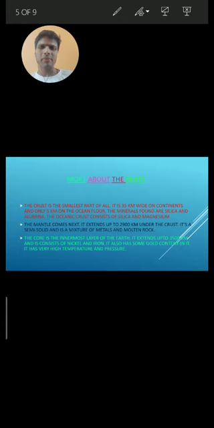Now let us have an overall picture of crust. Crust is the topmost layer of the earth's surface, and it has two layers: oceanic crust and continental crust. Continental crust is the land surface found on the continents, and oceanic crust is the land surface below the oceanic water. The crust is one of the thinnest layers among all three, because the depth is not more than 35 to 50 kilometers on average.